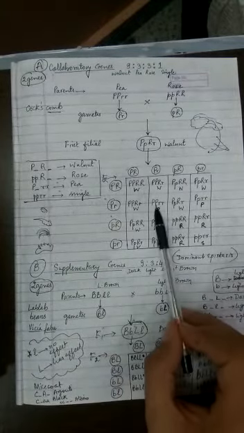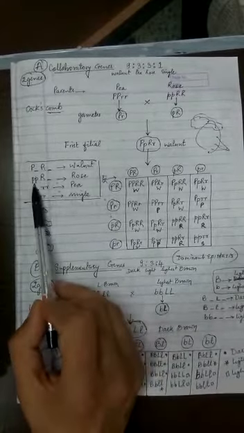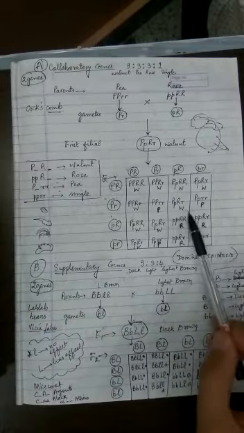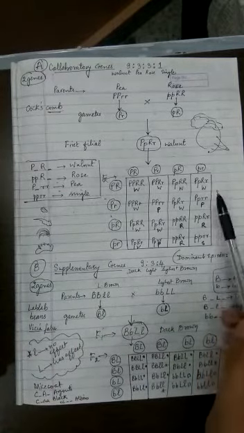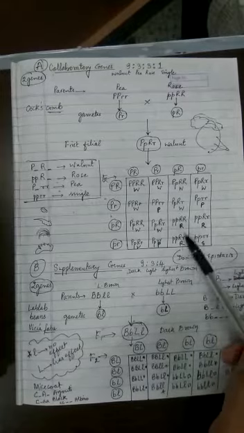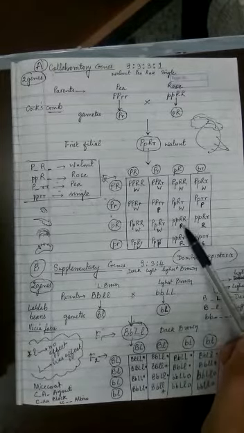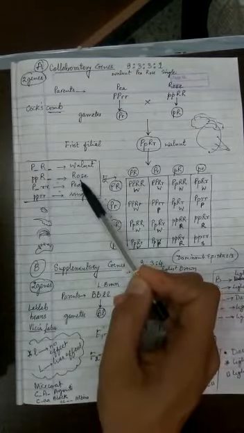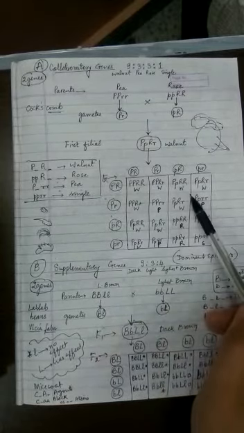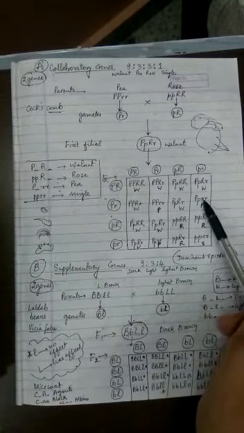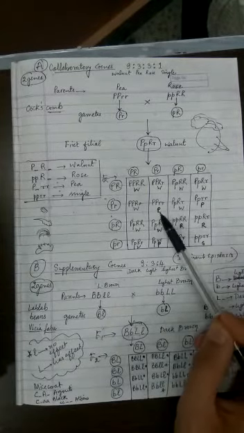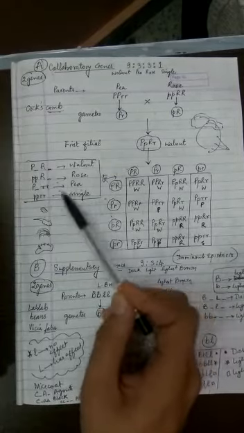Then when you see the other combinations, all those combinations where P are in small letters and at least one R is capital, at least one R. So you can see there are three situations possible where rose shape will be there. All P's are small and at least one R will be dominant. So that shape is going to be the rose shape. And the conditions where all R's are small and at least one P is capital. At least one P is capital, one place here, one place here, and one place here. So 3 are going to be pea shape.